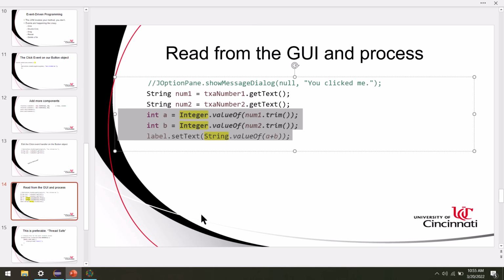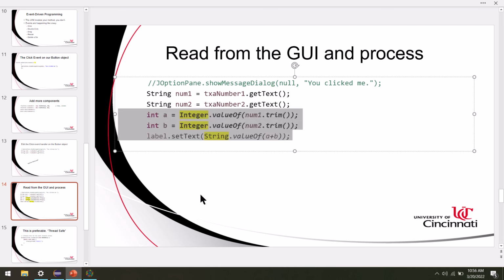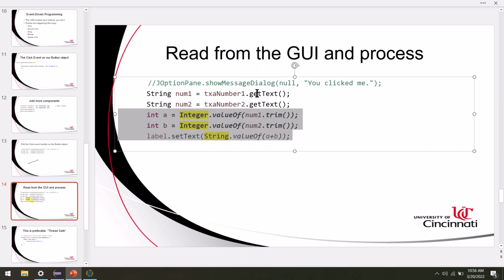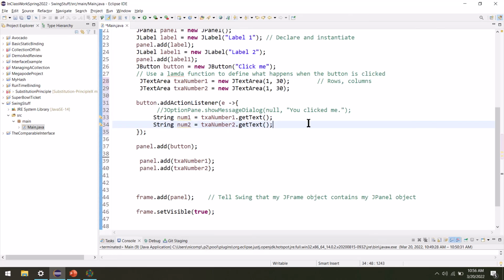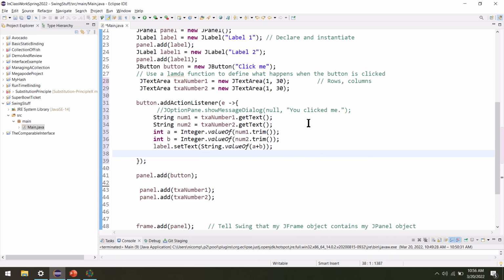In this case then, I'm on slide 14. I've already got the first 2 lines of that slide in my event handler. I don't need those again. I'm only going to grab the last 3 lines. Those come right off the slide, go right back to our code, and underneath, but still inside the event handler,